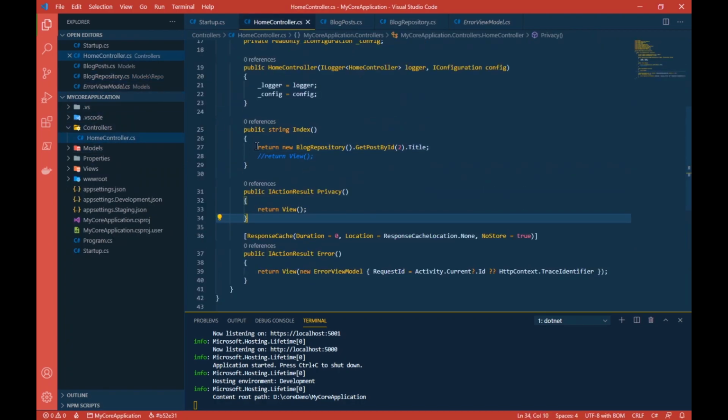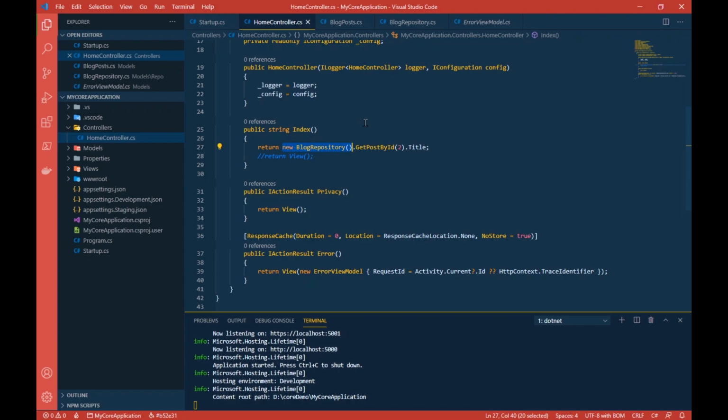Now the code that we have written here in controllers, home controller, the way that we have written this code, it is very bad. It is a very bad piece of code. I have done this to show you that models can be used to display the data, but there is a very nice way of doing this. When you write this new blog repository, you are creating a very tight coupling between your classes.